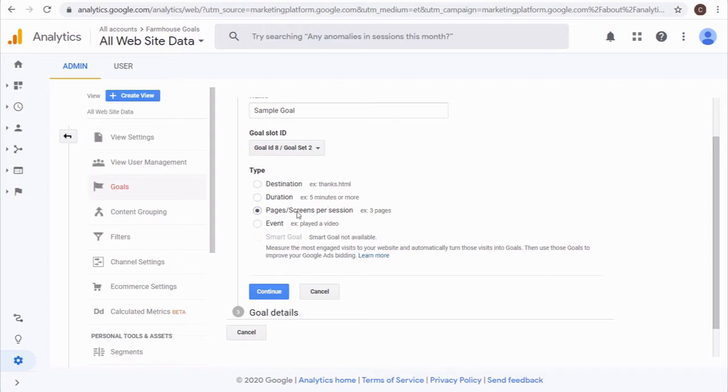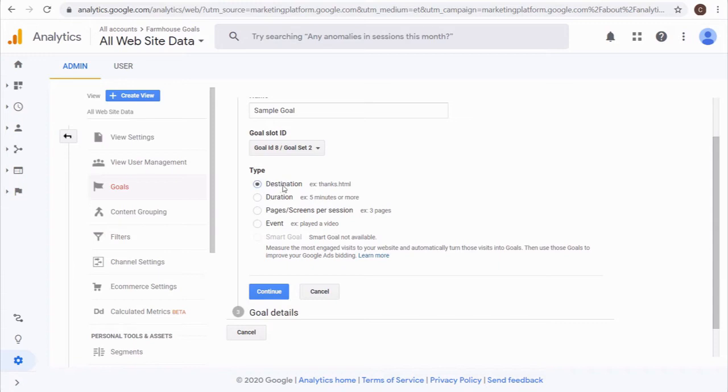You can also use pages and screens per session. So say anytime someone visits 3 pages or more, I want to count it as a conversion because that means they clicked through my advertisement, they've shopped around my website a little bit, they've viewed some of my articles, whatever it is that your website's about, people are engaging a little bit at least, so you can count that as a conversion. So then you know if someone's visiting and quickly bouncing, you don't count that as a conversion. If someone is engaging with your content, you can count it as a conversion if you don't have a key